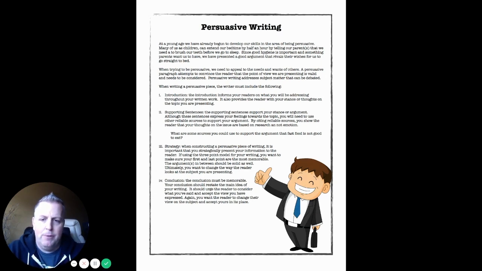The second thing we will have is our supporting sentences. The supporting sentences are basically written to support our main argument. We want to be able to tell the person, here's the reason why you need to consider the viewpoint that I am addressing in my work. The third part is really important, and it connects very well with the supporting sentences. In this part, you are looking at a strategy. When you're constructing your persuasive paragraph or essay, you want to strategically put the pieces together so that you have a really strong argument.